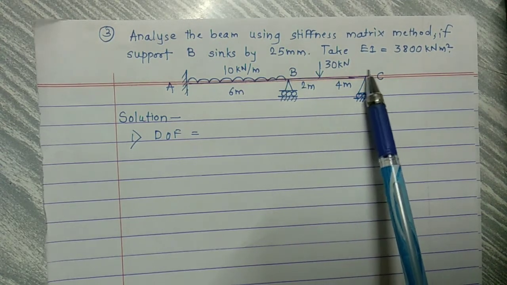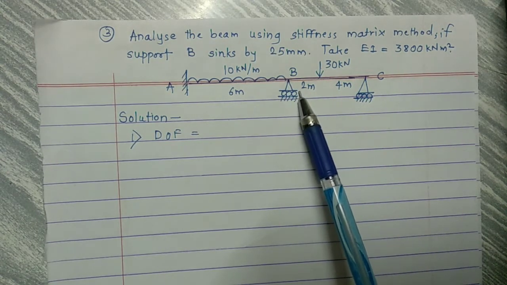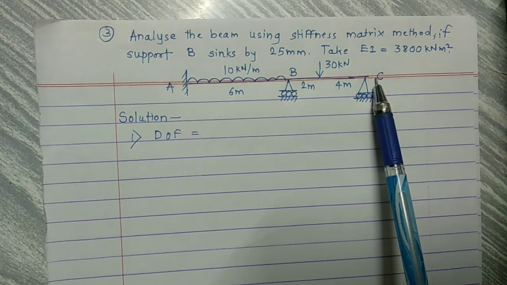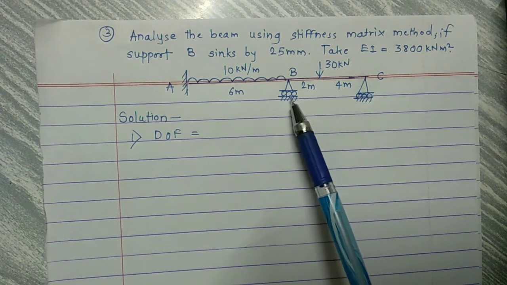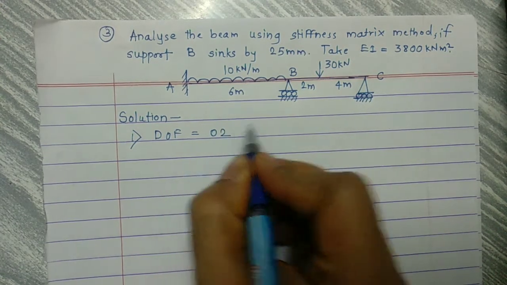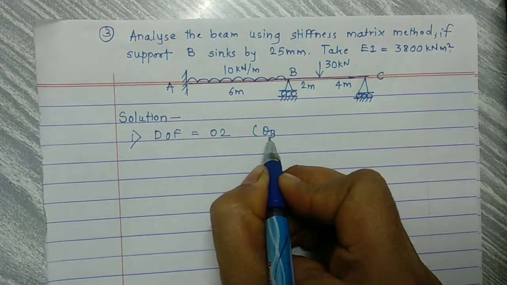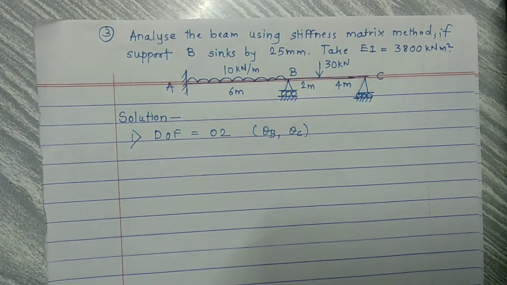So there is rotation at these two supports. Let us take the unknowns as theta B, and at support C theta C. So total two unknowns are there, theta B and theta C. So degrees of freedom are 2, that is theta B and theta C. This is the first step. Now second step,